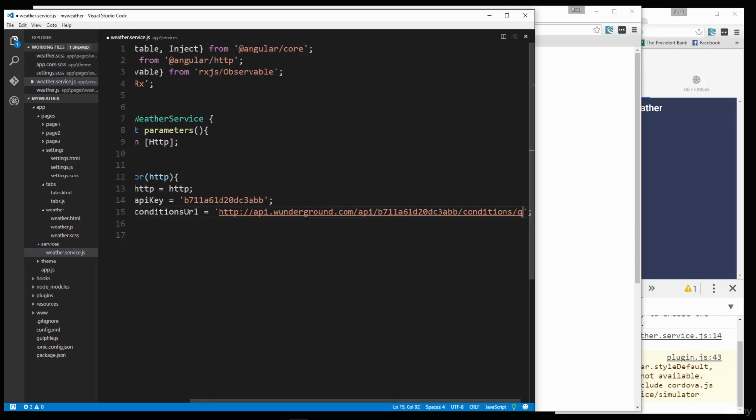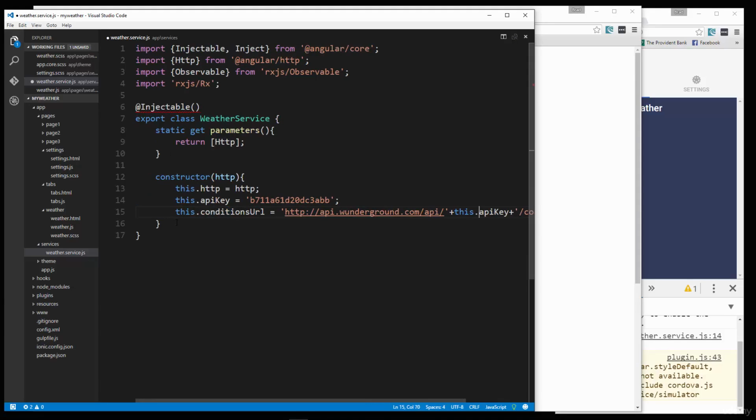So api.wunderground.com/api/ and then the key, which we're going to take this one out, and then just concatenate this.apiKey, /conditions/q. That's the base URL. So we're going to have a function now called getWeather, and ultimately we want to pass in that ZMW value because that's what we're going to get from the autocomplete. But for right now, we're going to actually use the city and state